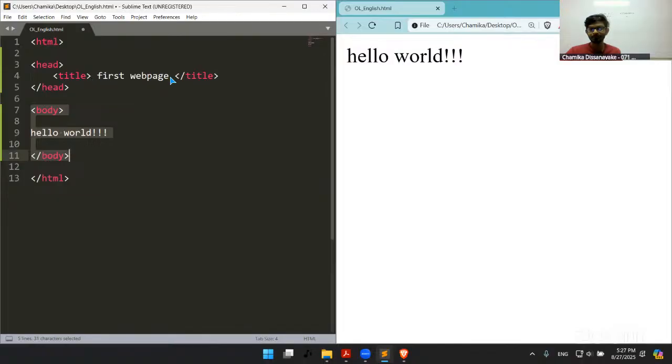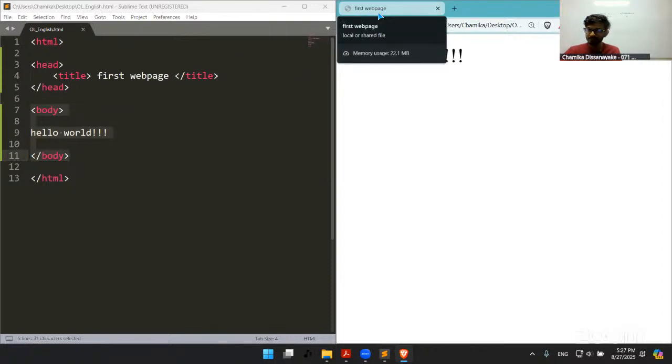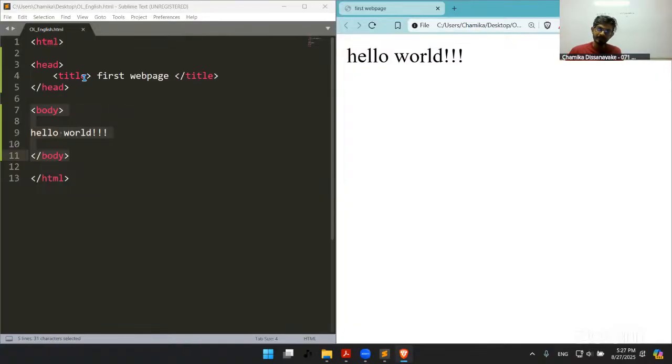So when we use this title tag, the words between the title tags will be visible in this tab as the name of the tab. Okay, let's see. Here, as you can see, first web page. If we want to change the name of the tab, we can use this title tag. So the other thing is, as I told you, the only tag in the head part is this title tag. There are several kinds of tags, but for the O level, we are going to learn about